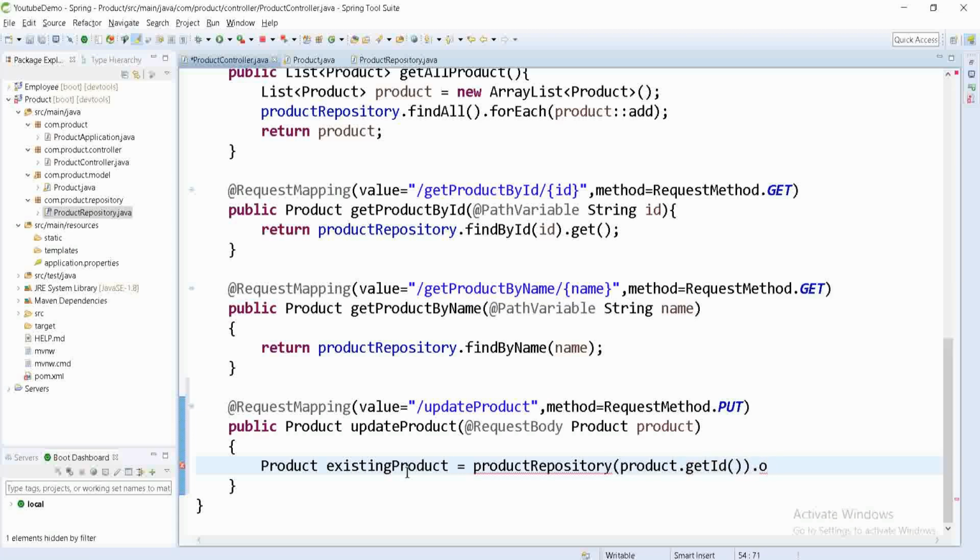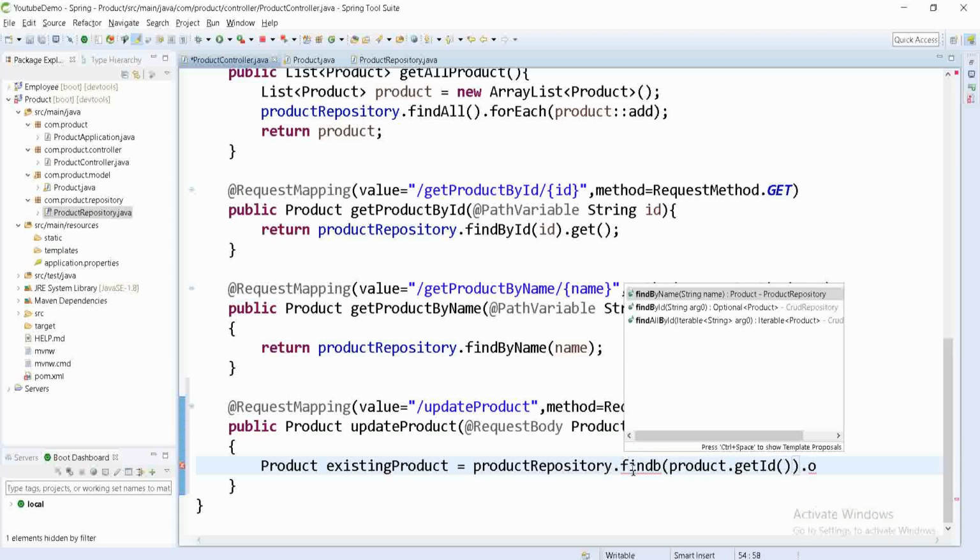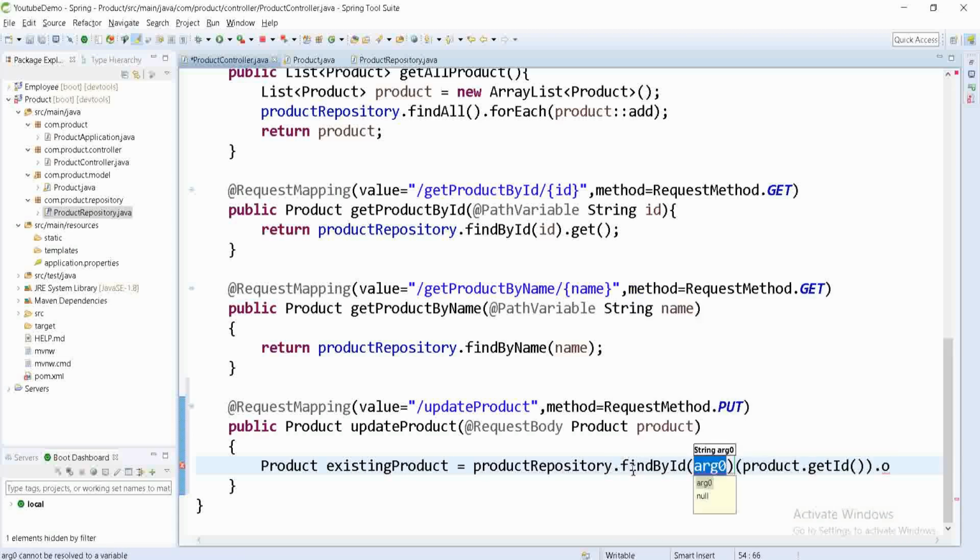So for that we have to find by ID, so that's why we use this findById. And here it will give orElse. Here we will return null. If it is not able to find it, at that time it should return null.